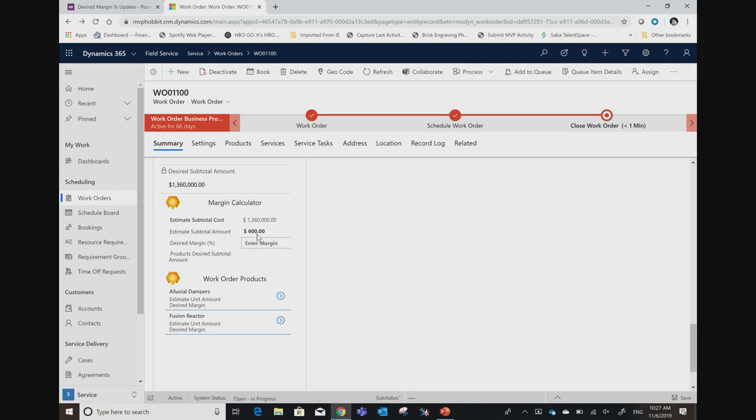So right now, my estimated subtotal amount is $600 with my services. If I put in that I want a 50% margin, you can now see that the what-if calculator shows me that I will have $2,720,000 in revenue from the products if I go with a 50% profit margin. Now I can back that out and say, well, what would it be with 35? And you can see here that in my work order products below, it's showing as well the desired margin on